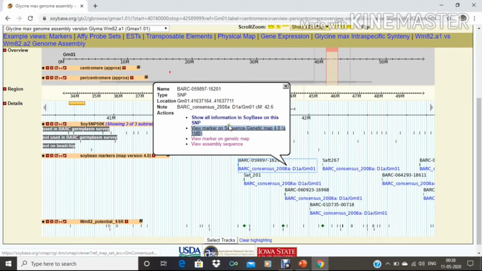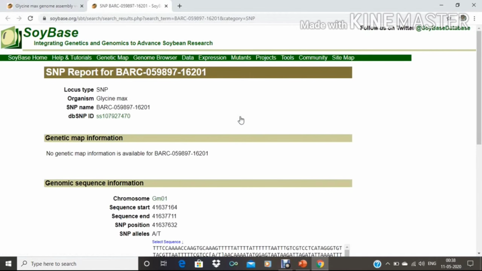Suppose I am clicking this one, then we will get all the information like what is the name, which type of marker, then what is the location. Then here we will get 4 options. The first one is all information in SoyBase on this SNP. After clicking this one, we will get this page.